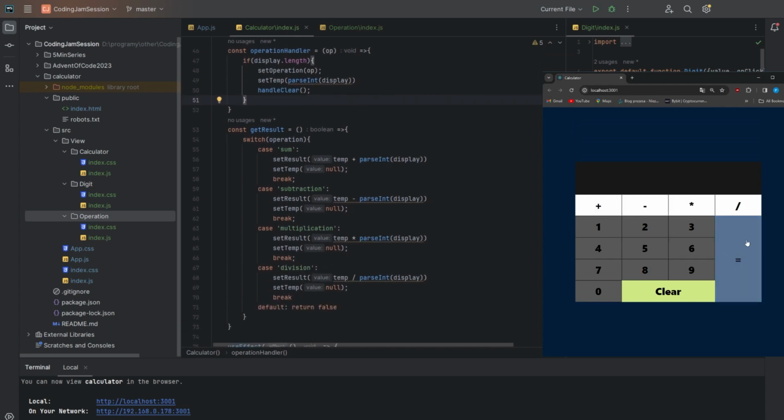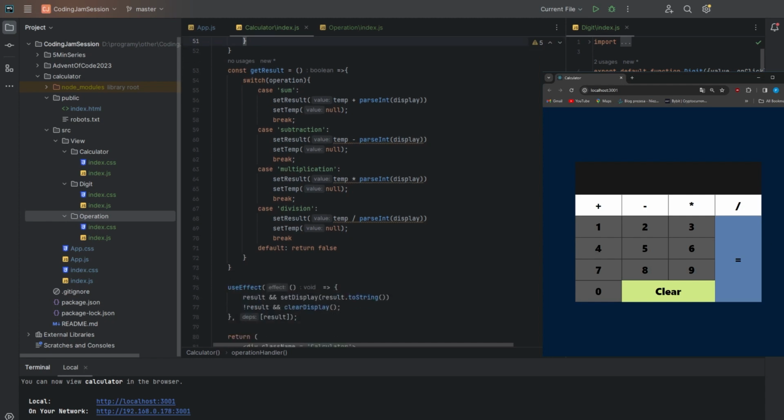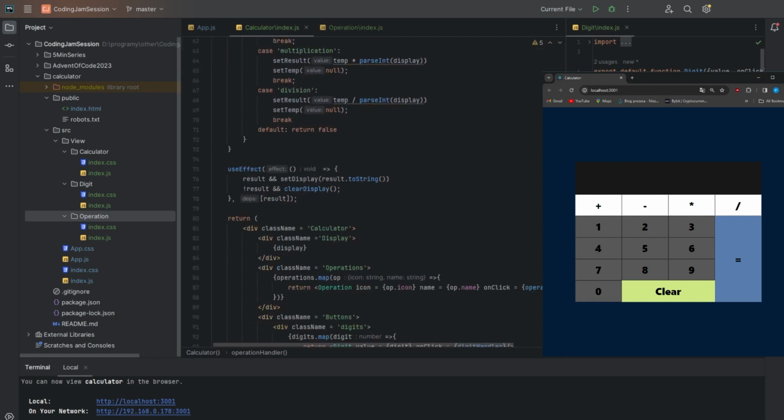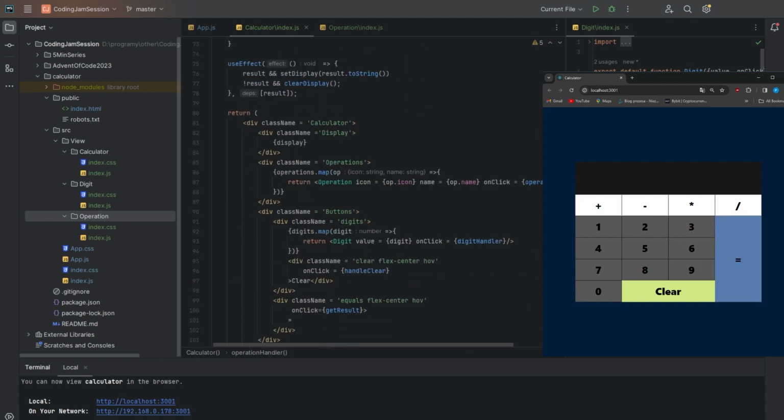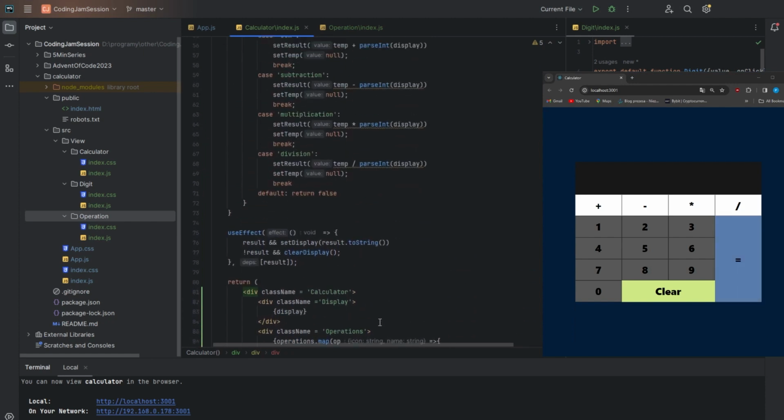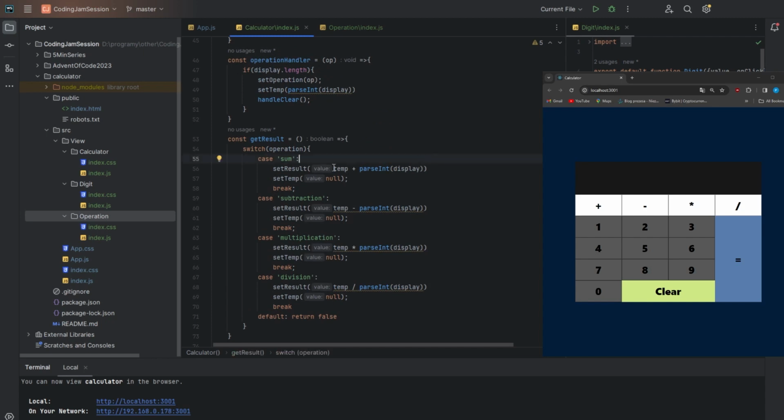And then whenever we press the equals button, we get a result. The onClick event handler for the equals button is simply our get result function, and get result is how we calculate the result of an equation. It's quite simple. The first number is stored in the temporary variable, so let's just clear everything, refresh, and the first number 25. When I press sum, it's going to be stored in a temporary variable, and then I'm going to type in a second number,